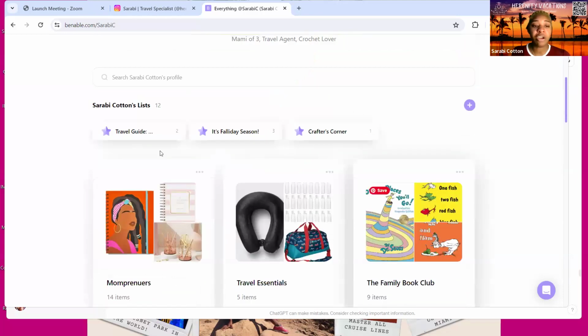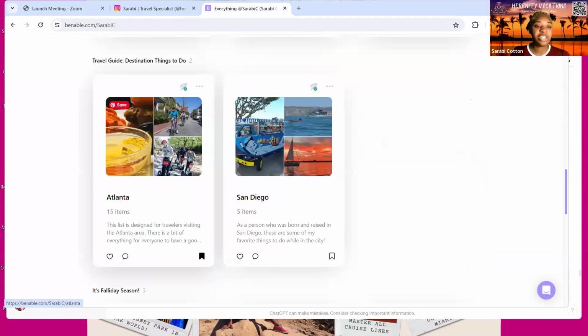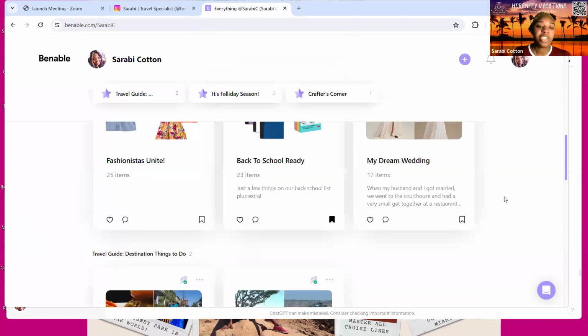Now, if you scroll down here, the ones that have stars, these are pretty much categorized lists. So it's basically like a collection where if I have a collection in there, there's multiple different lists within that particular collection. So let's go and click on like the travel guide one. Right here is like things to do. So as you see, I have two different little lists that are already in here that I'm working on. This one is more of my season one, and then I just recently started working on this one.